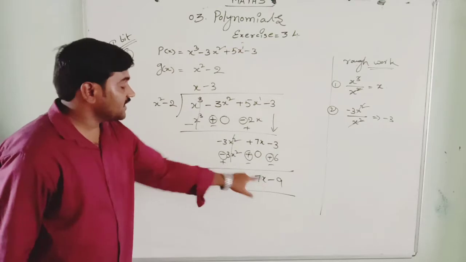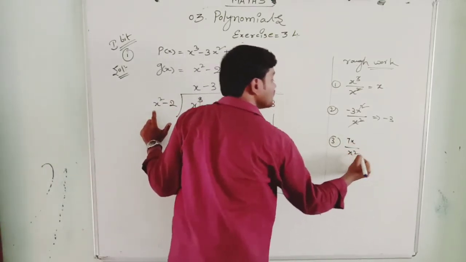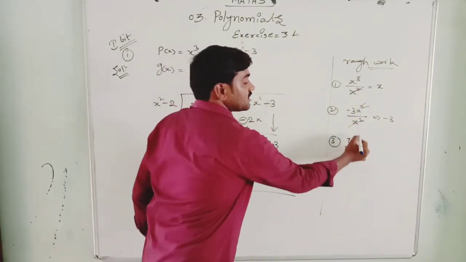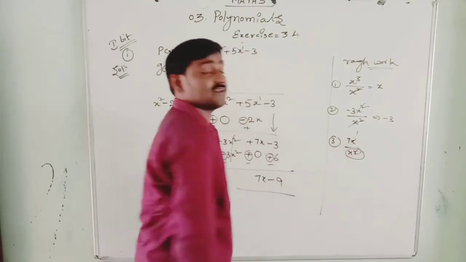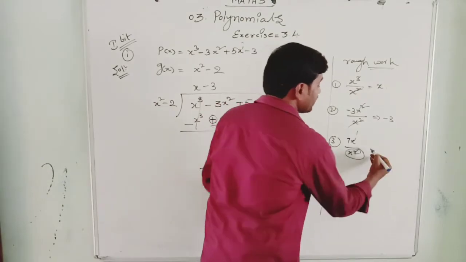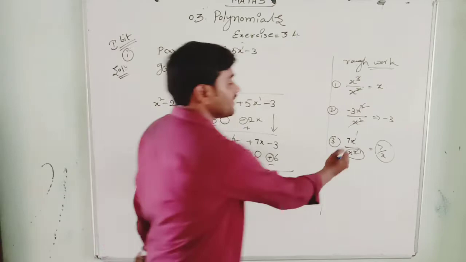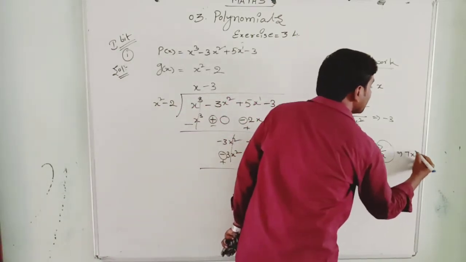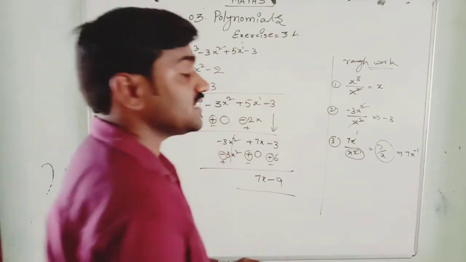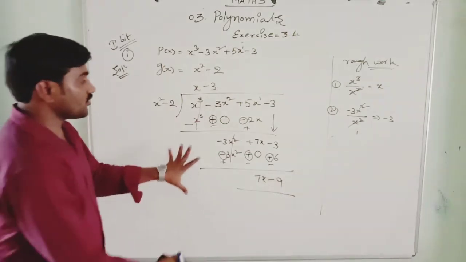Now here the degree is 1 and there the degree is 2. If at all you try to do it, that is 7x by x square, the denominator should cancel completely, but here it cannot be cancelled. One more x will be left in the denominator. So if x is in the denominator, it will be 7 by x. 7 by x is not at all a polynomial, because if you write it, it becomes x to the power of minus 1. A polynomial never contains negative integers as a power. So that will not be possible, so you have to stop it here.